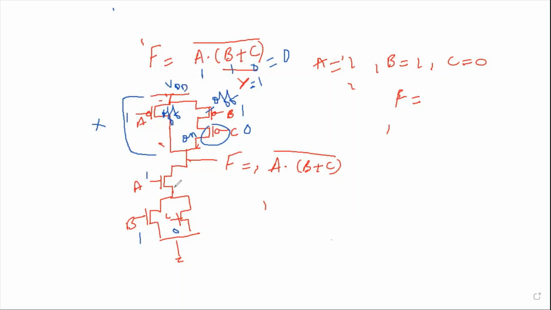Let's come to the NMOS logic. So this NMOS is on. B is going to behave as on, but C is going to be off. If we see, yes, our path is getting completed through A and B, even though C is off. So F is going to be connected to the ground and hence the output is going to be 0. So we see that our logic is perfectly right, so our circuit is right. This is how we can implement any compound gate using CMOS.